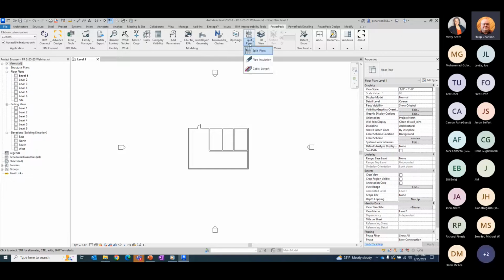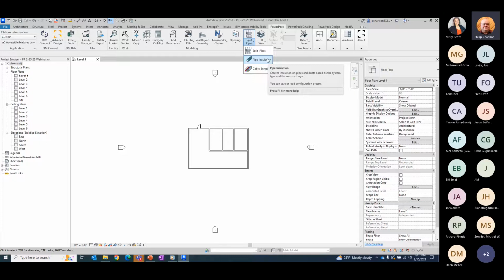One I like here, we have some options for, I'd say, more manufacturers or fabricators, some split pipe options. This allows us to click on a pipe and split it into the lengths that we want. We also have a pipe installation tool. Now you're probably saying, well, Revit already has pipe insulation. You just click on a pipe or a string of pipe and go in and click on insulation. Well, the difference with this one is that we can have it automatically put in